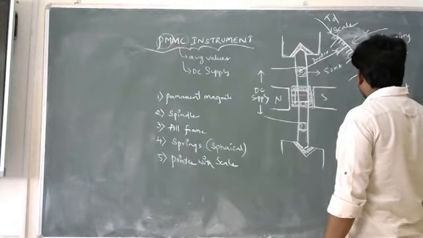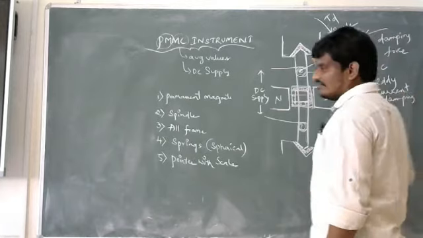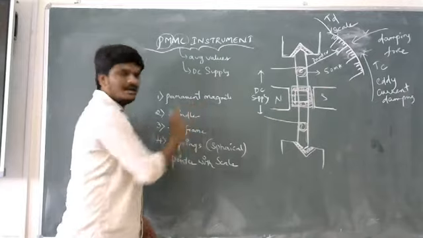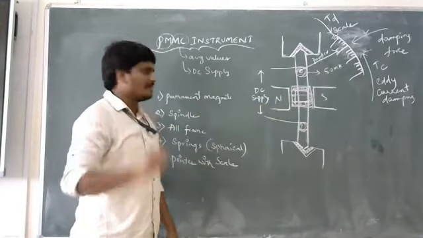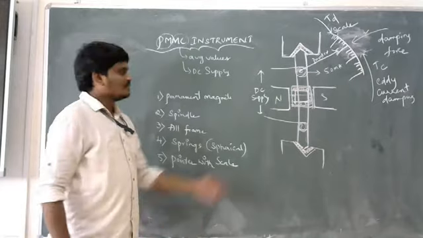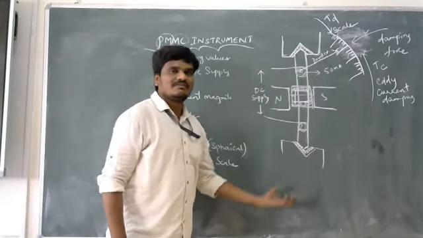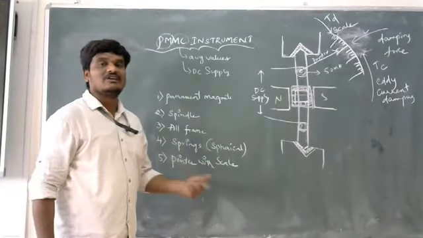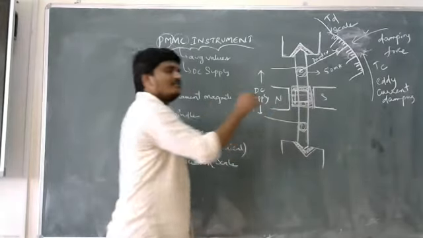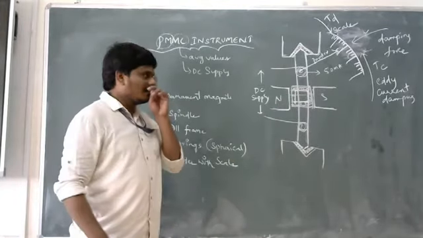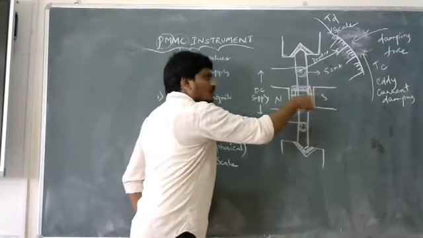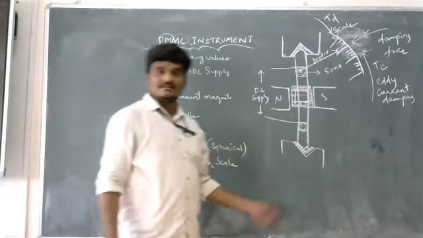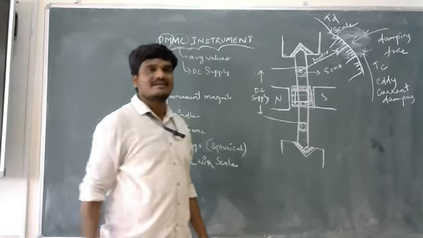I am giving you a brief view of the PMMC instrument again. It consists of 5 major construction parts. First one is the permanent magnets, which are used to produce a strong magnetic field. Second one is the spindle, which is used to carry some amount of current with the help of springs. Third one is the aluminum frame. The aluminum frame has a number of turns of wire wound around it. And the fourth one is the springs. The springs are the major elements present in a PMMC instrument to carry some amount of current.